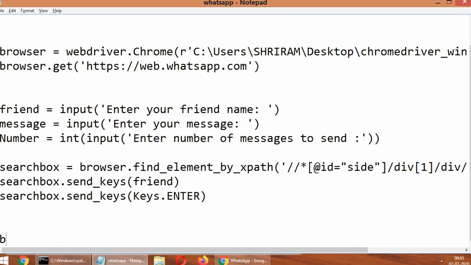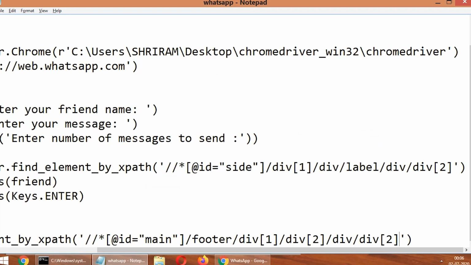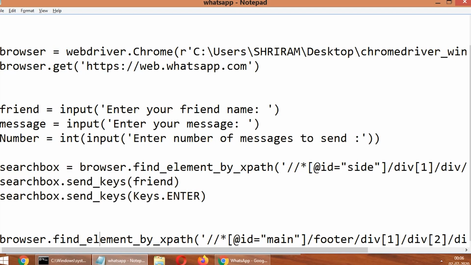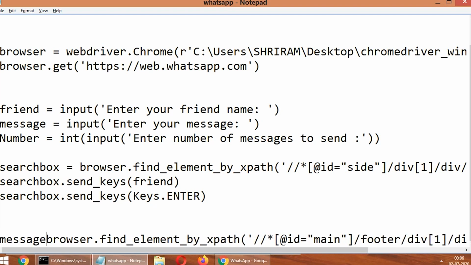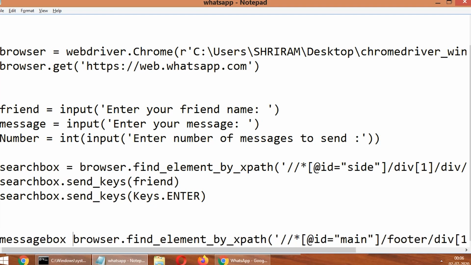Now say browser dot find element by XPath. Here I am going to paste the code which I copied. Fine, all set. I will just store this in an object variable.